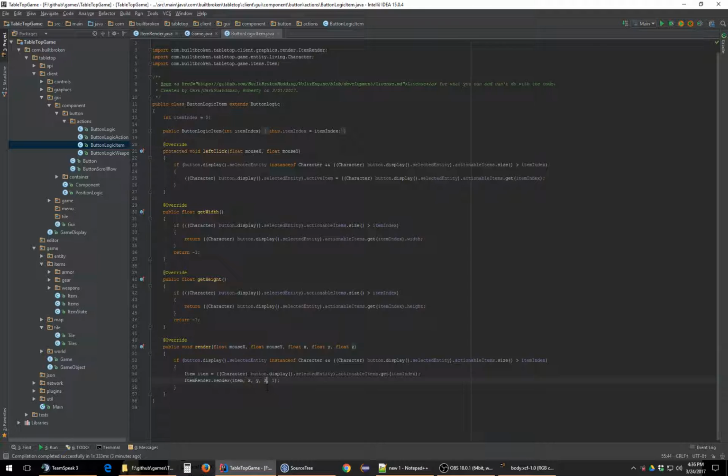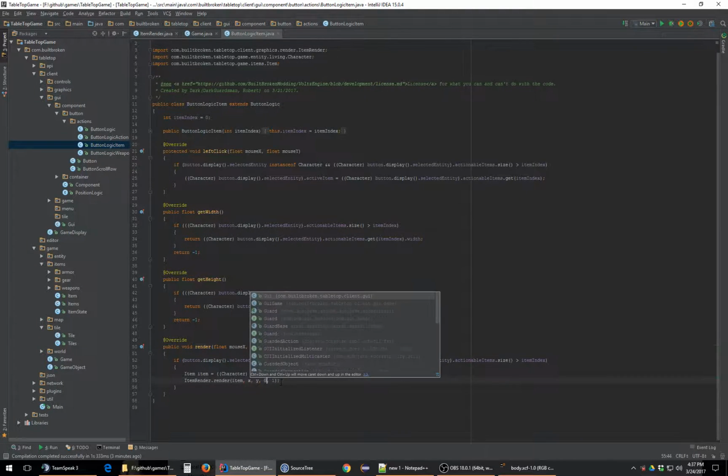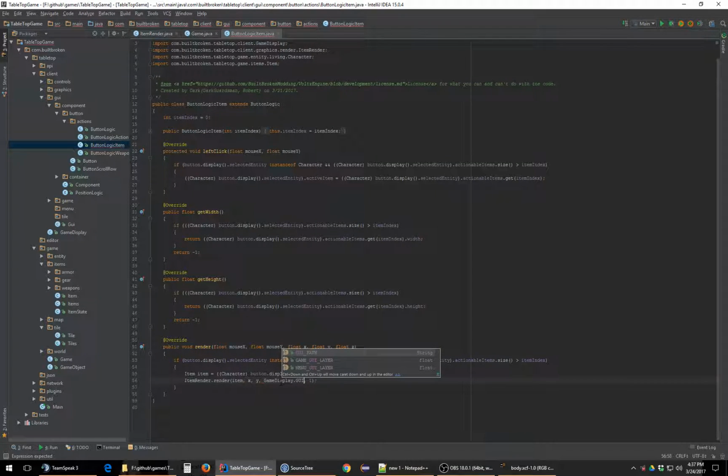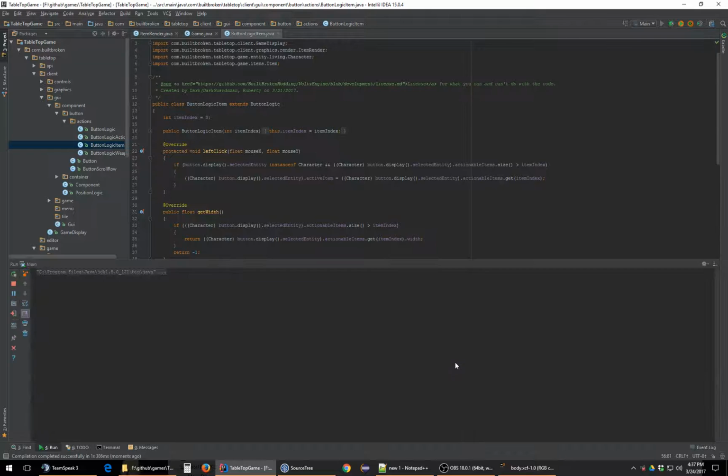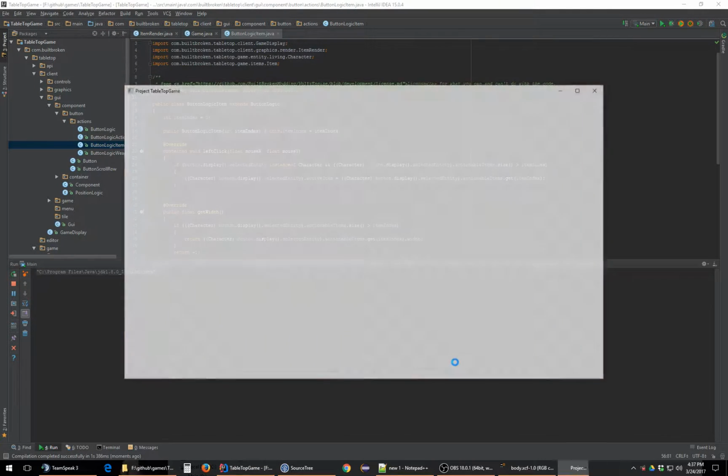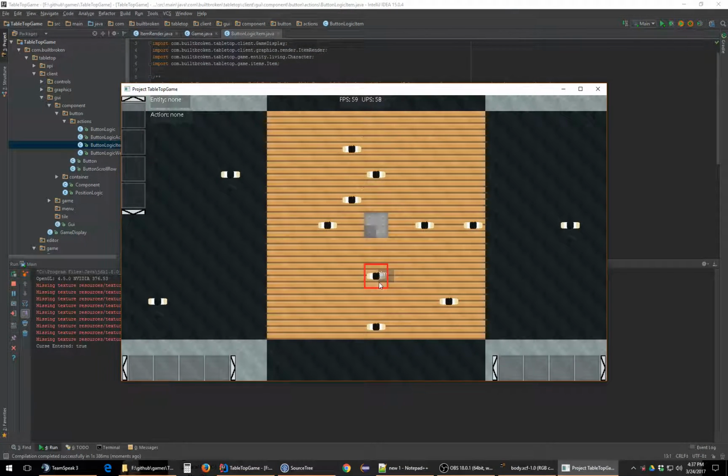I may have to do our layer change here, so GUI or game display dot game GUI layer, and we want to go plus 0.5. So we want to be slightly above our game GUI layer to get the buttons to render properly. And if we hit run main, this should work. It probably won't be precisely on top of where it needs to be, but